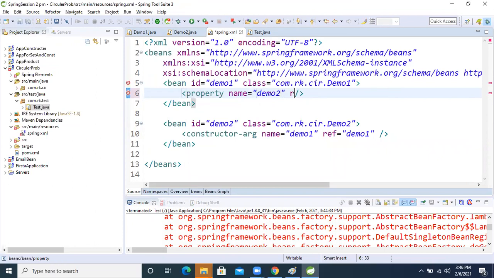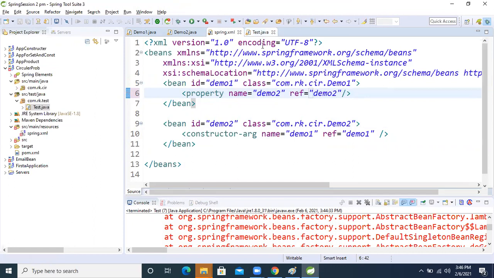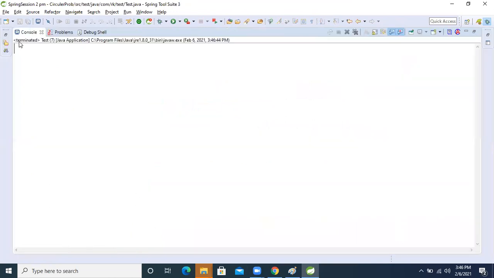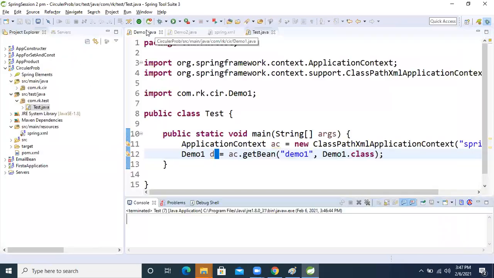Then we will take the ref tag, and in the ref tag we will pass this. After passing that, let's run the same application and we will see that the problem is not there. Our console is terminated, and there is no error on the console. If you want to see some execution in the setter, just write here